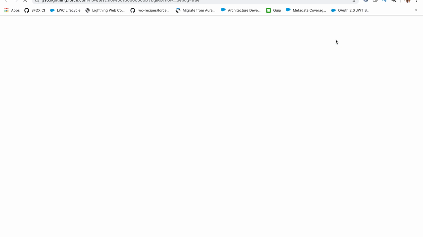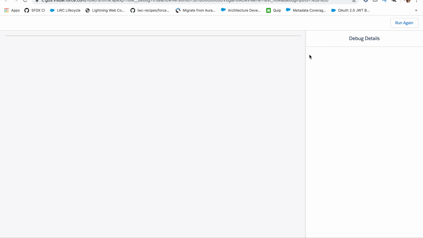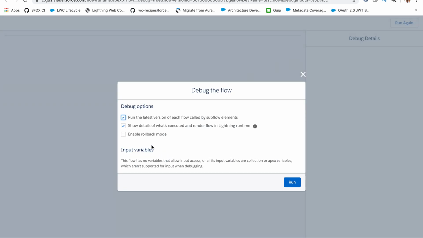If I just go to debug, see, here you have the option of enabling a rollback mode. If you enable it, any changes that you make will not impact your data, and you can test your flow easily.